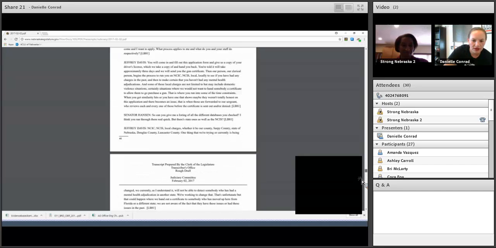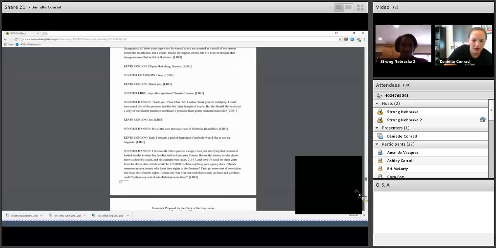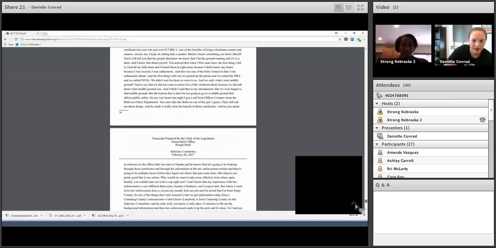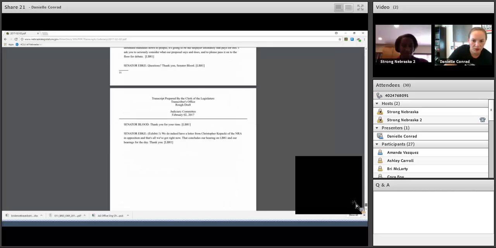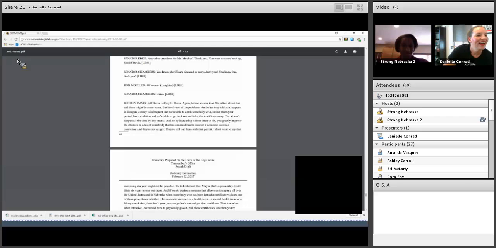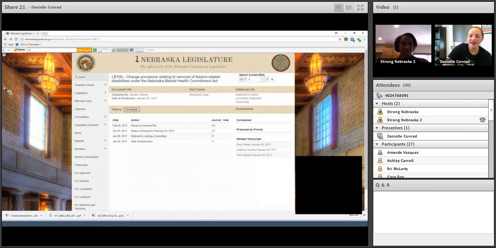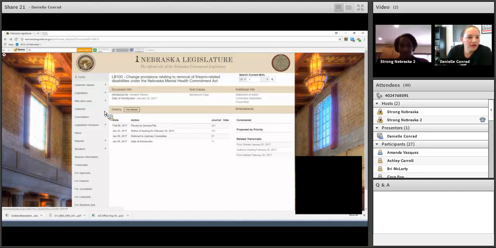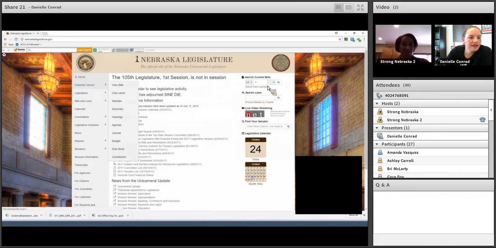So you can go pretty quickly to sort through the bills that aren't that helpful to your research in that time. And I think you have it. We're pretty close. Okay, I may have went past it, but you get the idea there. Okay, so that's a really quick and fast overview of the legislative bill search function. I'm going to click back to my home page, which is at the top left screen here,